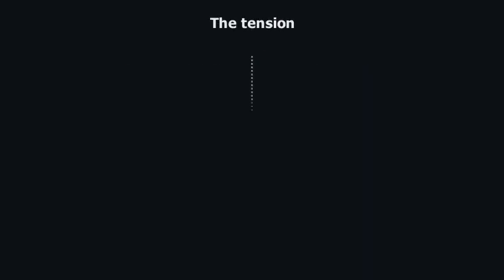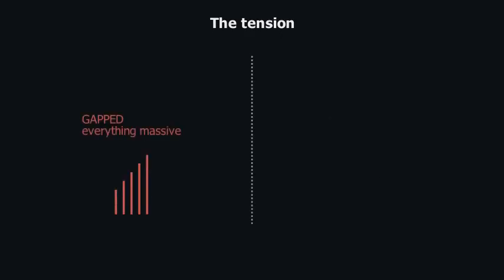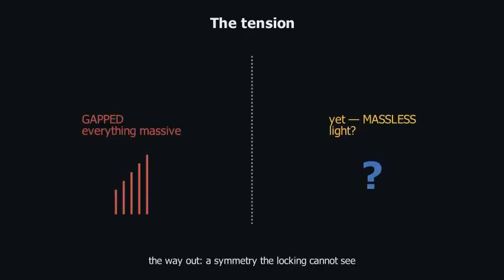Here's the puzzle. The lock substrate from Chapter 1 is, by design, gapped. Pin everything down, and every wobble is stiff and massive. But the world needs a massless thing; light costs no energy to have. A gapped system with a gapless mode sounds like a contradiction. The way out is a symmetry the locking simply cannot see,